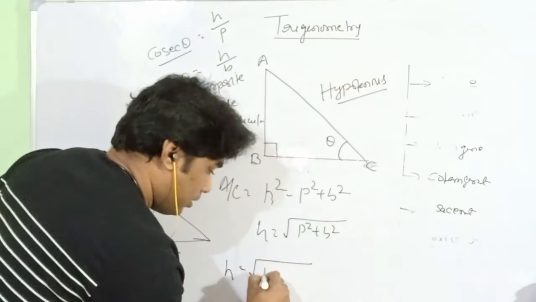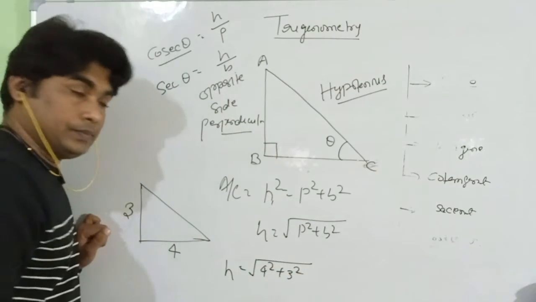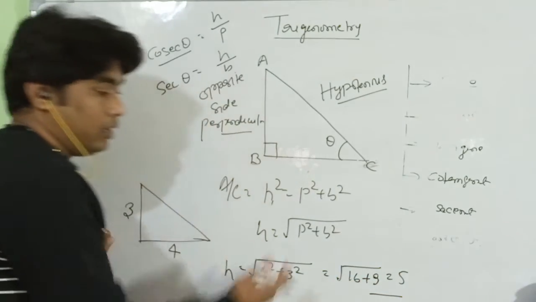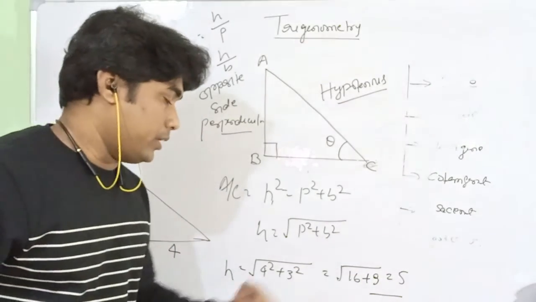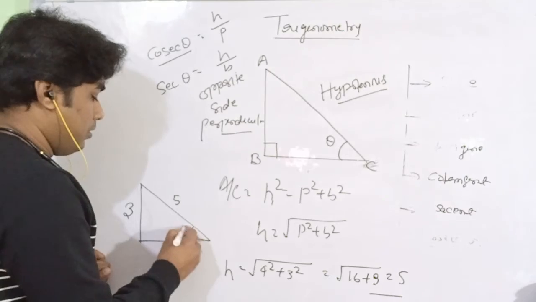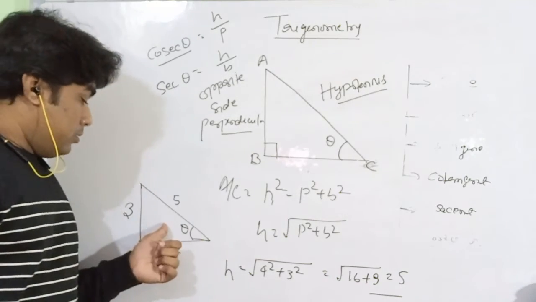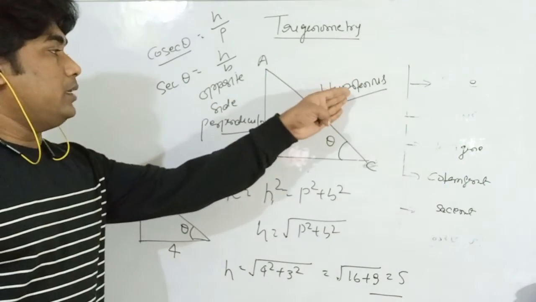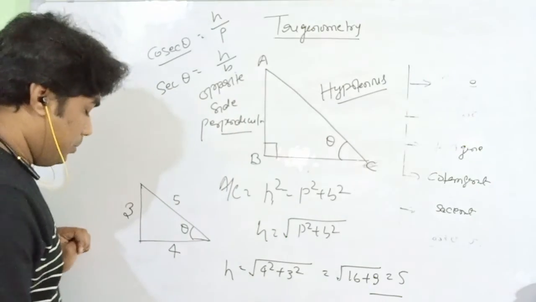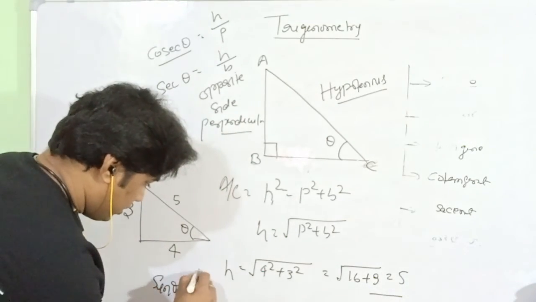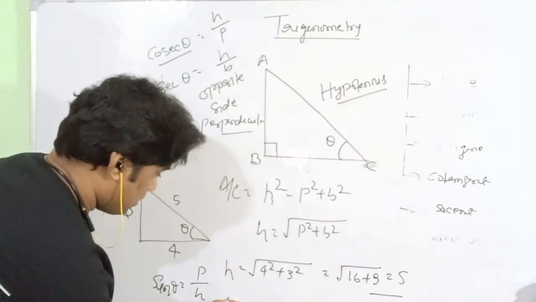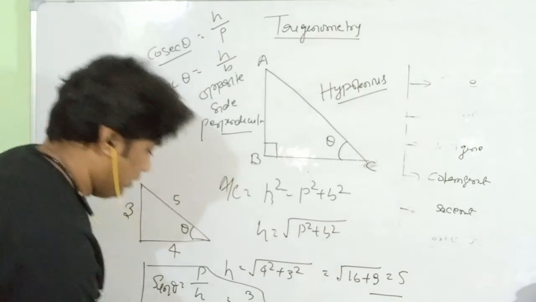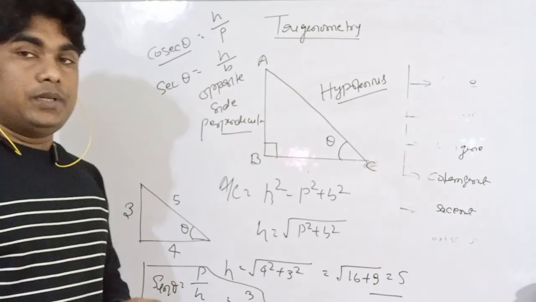H is nothing but under root of 4 square plus 3 square, that is under root of 16 plus 9, that means under root of 25, which is 5. We want to find sine theta. What we learned is sine theta is nothing but the relation between perpendicular and hypotenuse. That means sine theta is equal to p upon h, so sine theta is 3 upon 5. Similarly, we are able to find all trigonometrical ratios with the help of